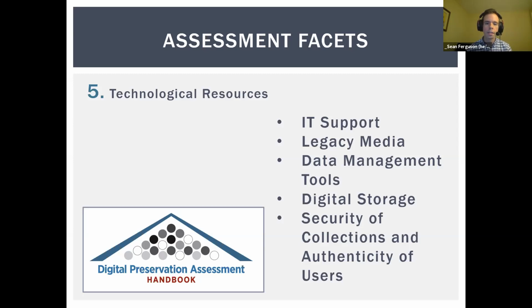We think about the existing legacy media, old storage media that needs to be taken care of, had the materials on it extracted and consolidated onto digital repository storage. We think about the data management tools, which are really the software you're using to manage digital content, create fixity checks, all that type of good digital preservation action and work, those tools that we have at our disposal, and what storage is available. And lastly, the security around our materials. How do we authenticate users when they access our content, especially in the back end around storage, not just for the researcher? And how do we make sure that there's less of a risk of a hacking threat or malicious